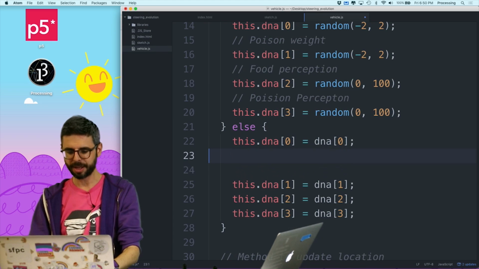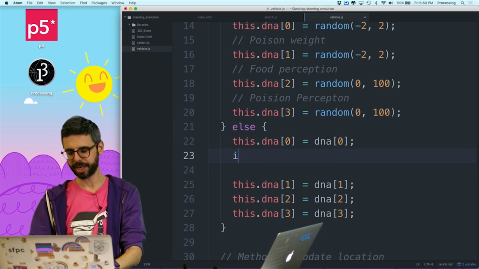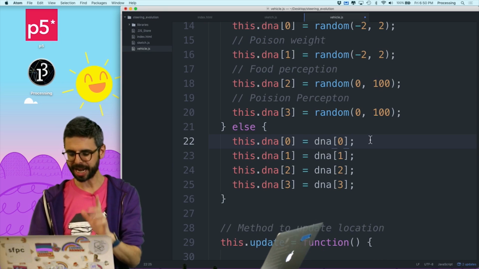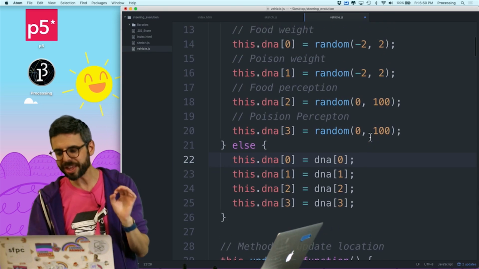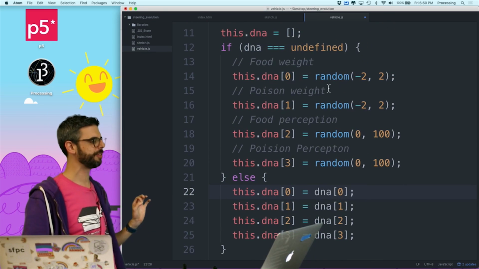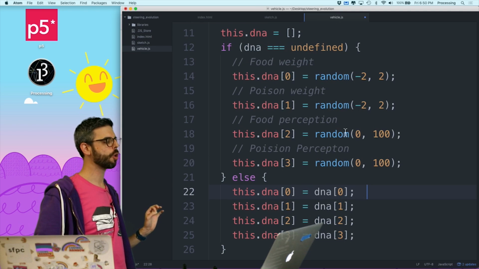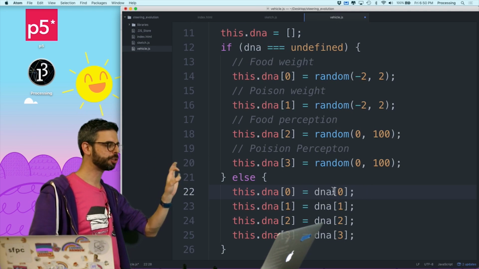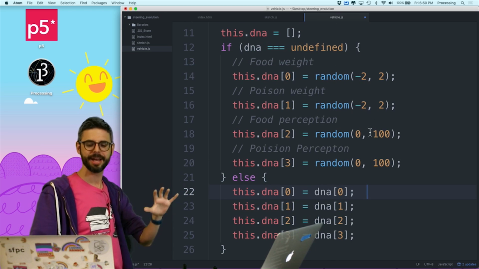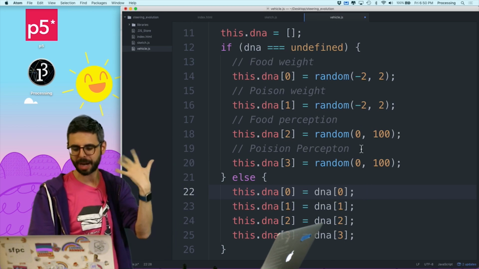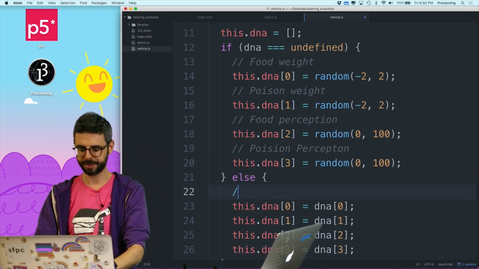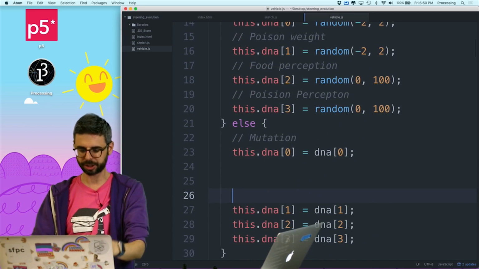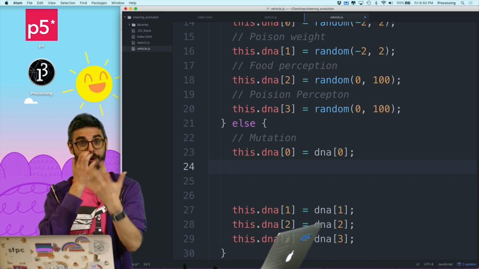I hate what I've done here. One thing that would be better would be to have all of these have a normalized range. If all these values were always between 0 and 1, I could just tweak all of them randomly the same way. But because these have a different range than this, I'm going to do this in a very long-winded way. I'll refactor this code another time in another video or a different example, or you can do this as your own exercise.